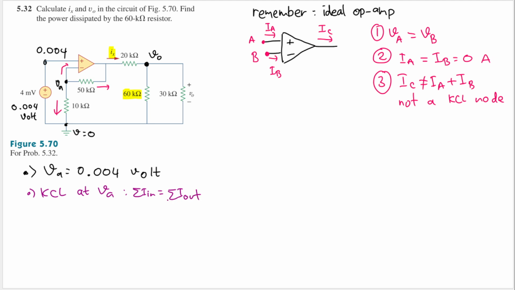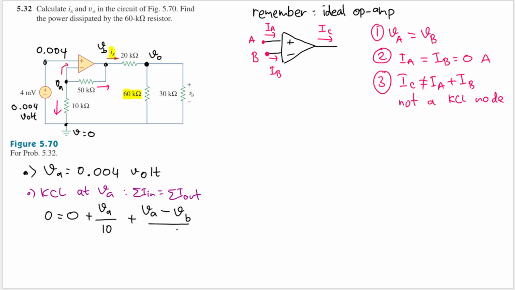All the current is going out, so on the left hand side I will have 0. Then we have the current that goes into the op-amp, which is 0, plus the current that goes down here, so I will have VA divided by 10 kilo ohm, plus, let's name this node here VB, VA minus VB